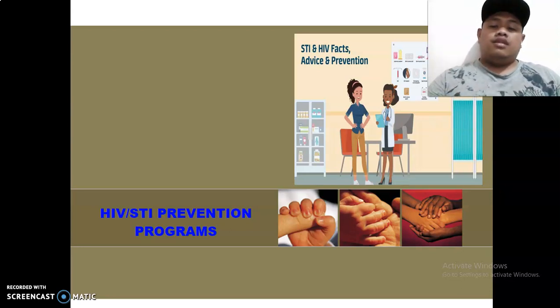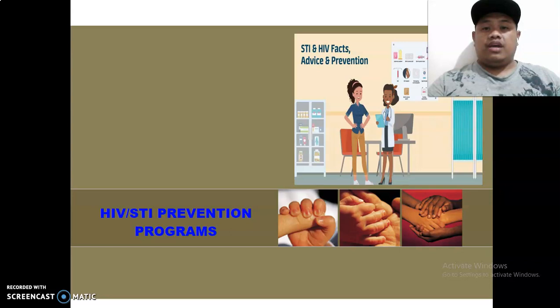In 2018, there were confirmed HIV cases of 31 per day, an average of 1,000 cases per month in the Philippines. This number is steadily increasing and it's now very alarming. That is why HIV infection is now considered a silent epidemic. Epidemic because it's starting to spread in terms of number, and silent because a lot of people are not aware of the danger brought about by this spreading infection in the community.